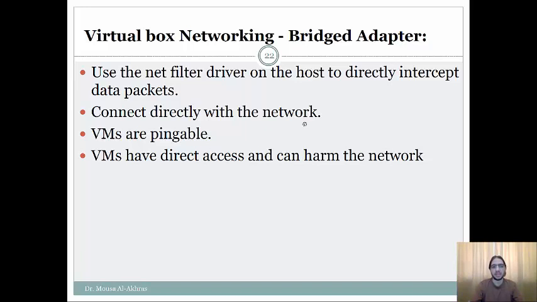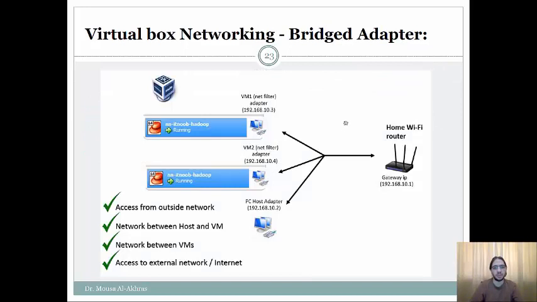So in the previous scenarios, the guest was shielded by the host. Now the guest is outside the shield and it can directly access and could possibly harm the network. So in this case, I need to make sure of the source of the guest, because it maybe can contain harmful software. Have the gateway, for example,